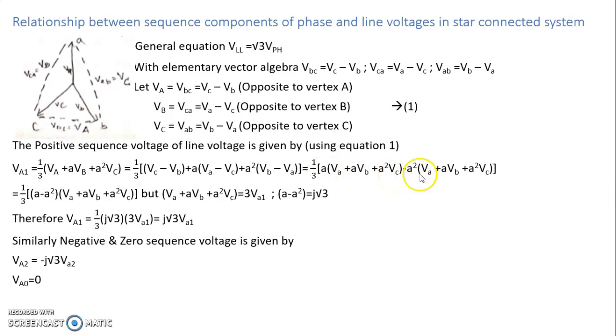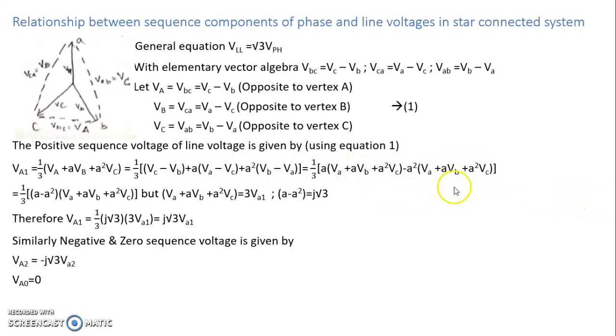Next taking the minus terms. So the negative terms are VB minus VC, aVC minus a square VA. In this, let me take a square common. So a square we have taken common, VA as it is I have kept. Then VB is having nothing, so I have multiplied a, so that a square into a cube will be 1. VB will remain as it is. Next we have here a into VC. So I will multiply a square, so that a square into a square is a raised to 4. a raised to 4 is a. So a into VC will be retained as it is.